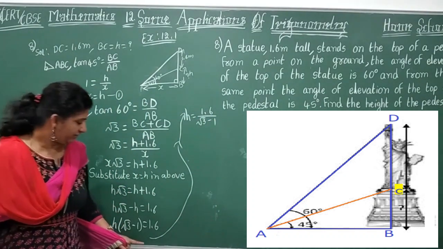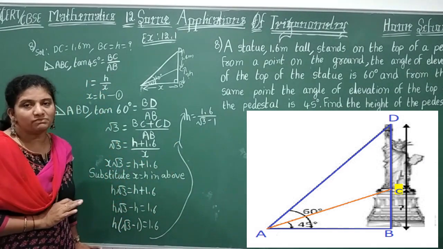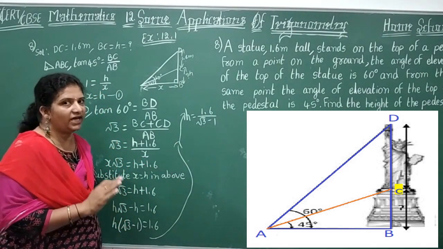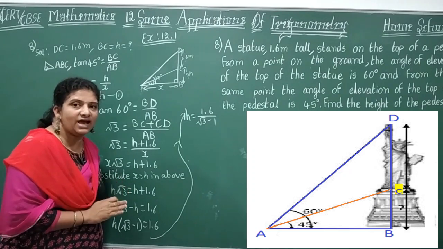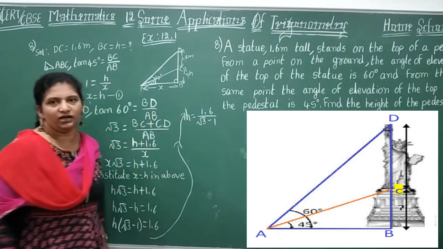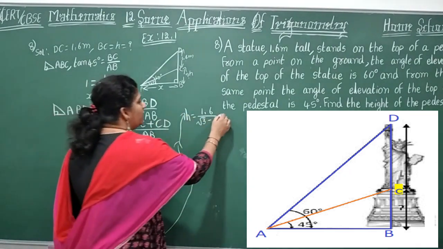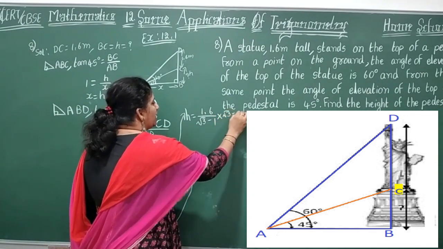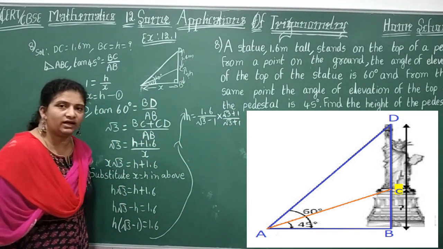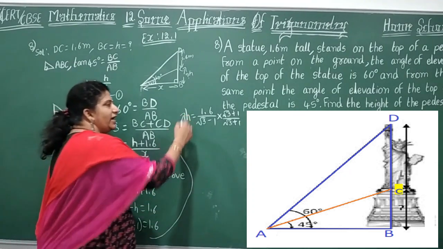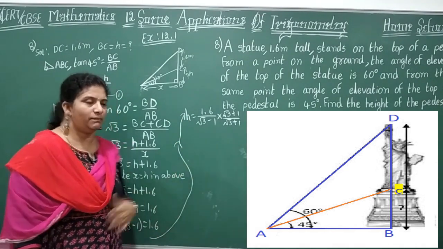Look here, this multiple, if it comes this side, it will be divided. Children, observe carefully. Denominator should never be irrational. For that purpose, what are we going to do? You have to rationalize the conjugate of the denominator. What is the conjugate of the denominator? You have a minus sign, its conjugate is plus sign. You have to write a statement here children: multiplying numerator and denominator by root 3 plus 1.